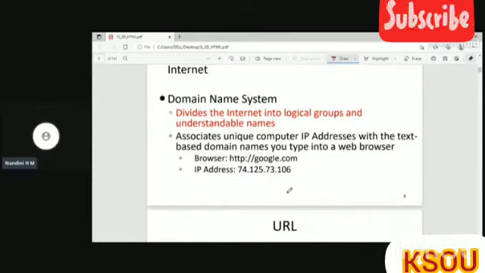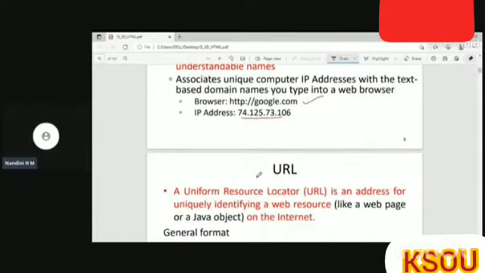As I said, you can see here, this IP address corresponds to this domain name. So google.com is a domain name, whereas this is the associated IP address for Google. Like that, every domain name contains an IP address. Since it is difficult to remember, we choose to use the domain names.